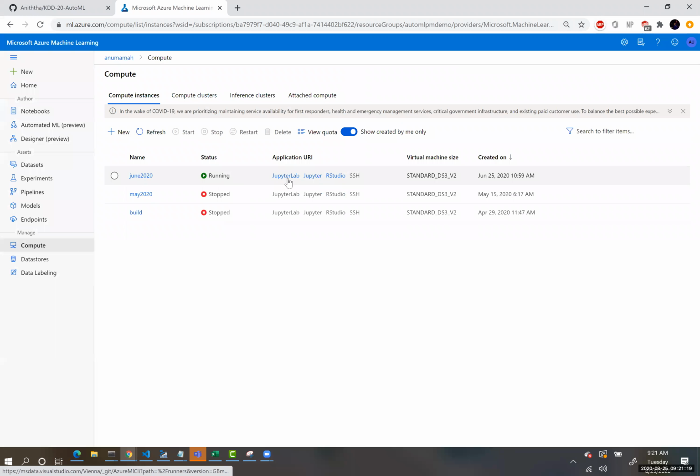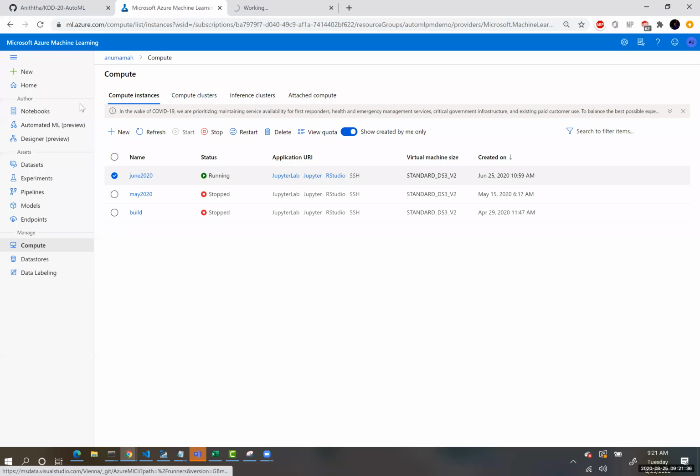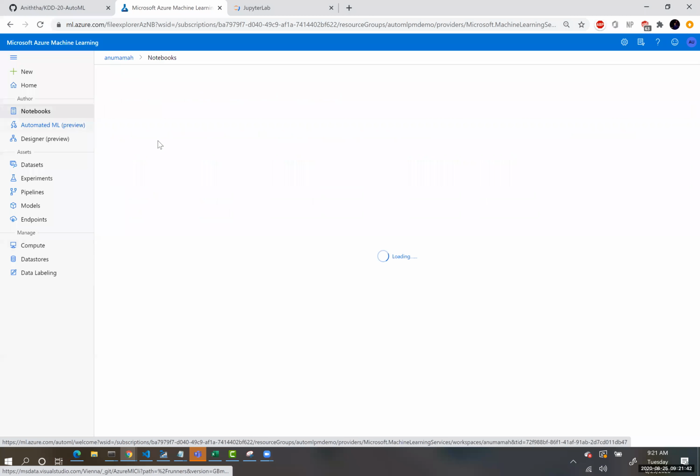And you have a couple of options here. You could either run it from a Jupyter Lab experience, Jupyter experience, or our studio, but for AutoML, you can only use Jupyter Lab and Jupyter. So just a note out there. I'm going to click on Jupyter Lab so that you see what it looks like. But while that opens up, I'm also going to show you what it looks like from the Notebooks tab from ml.azure.com. So if I click on Notebooks,